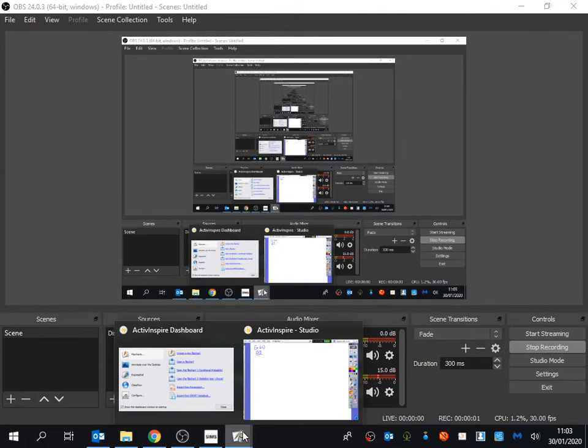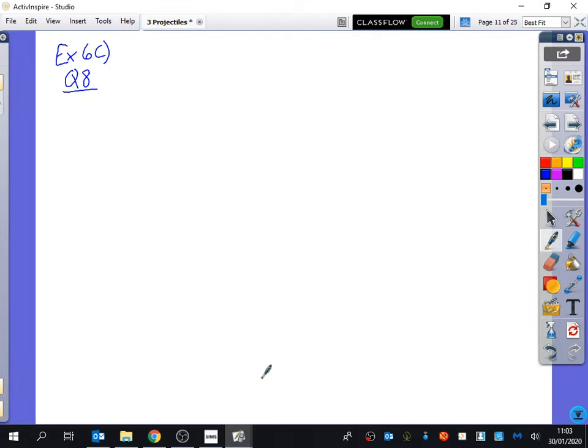The only difference with question 8 here from exercise 6C is that it says something in terms of vectors. So it says a particle P is projected from the origin with velocity 12i plus 24j meters per second, where i and j are the horizontal and vertical units, as you would expect. The particle moves freely under gravity. Find